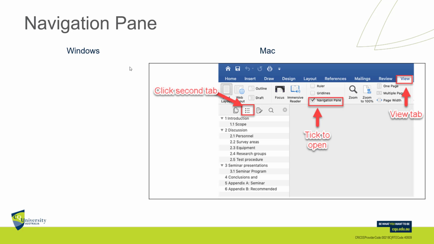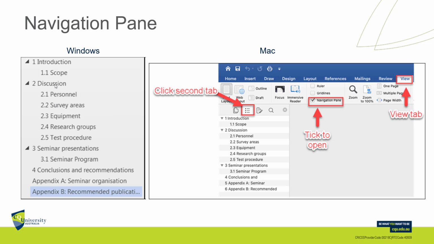Okay, navigation pane. The navigation pane is brilliant for finding things. In both Windows and Mac, it is on the left. You can access it by going to View in both Windows or Mac and then ticking the navigation pane. In Windows, you've just got to make sure the little headings tab is ticked. In Mac, you click on that second little tab, and that will show you all your headings, if they're numbered,